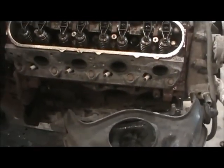My next step is to take it back out, set it back on that rack, get the oil pan off, and then drain the oil out of it and see how she goes. But under here,